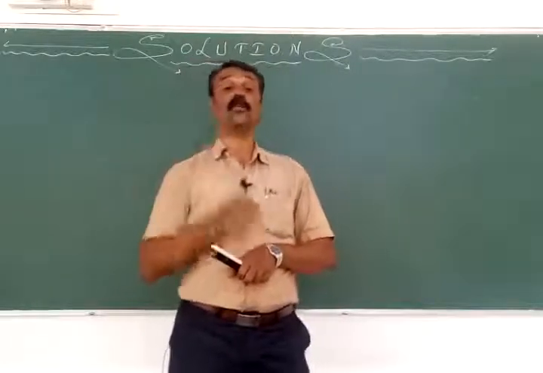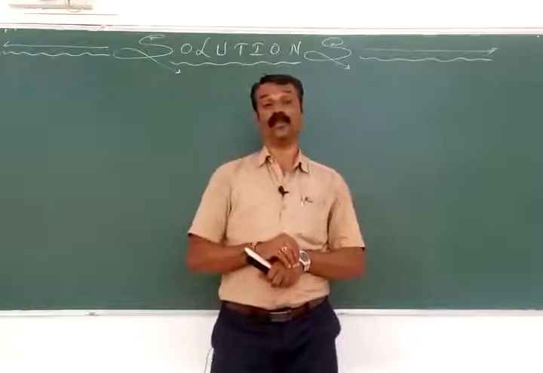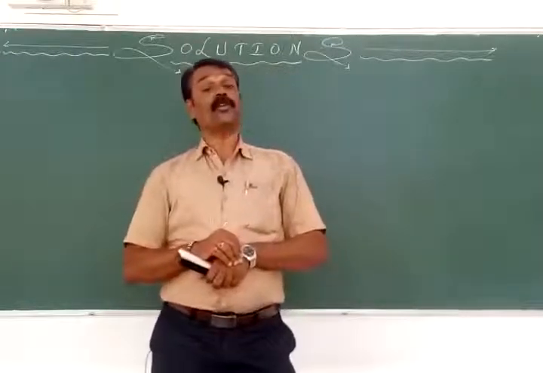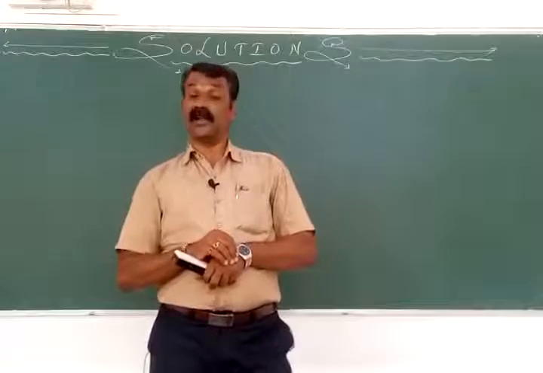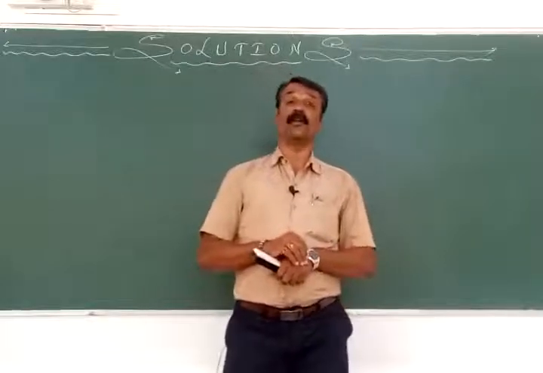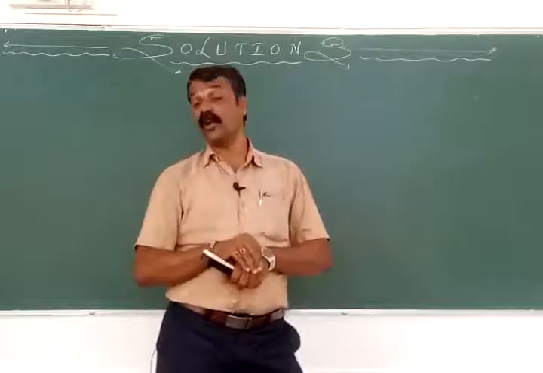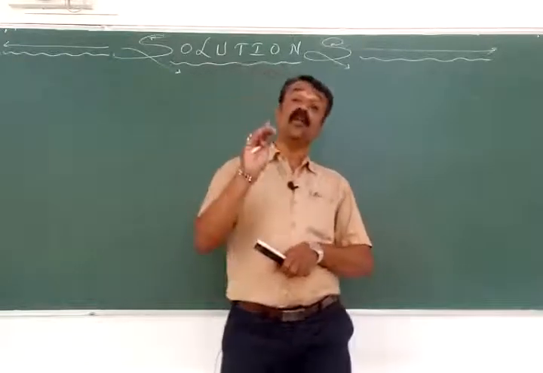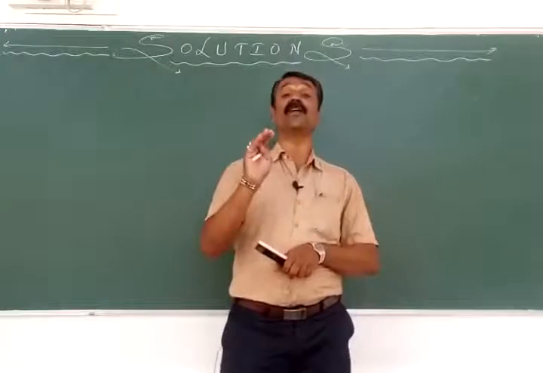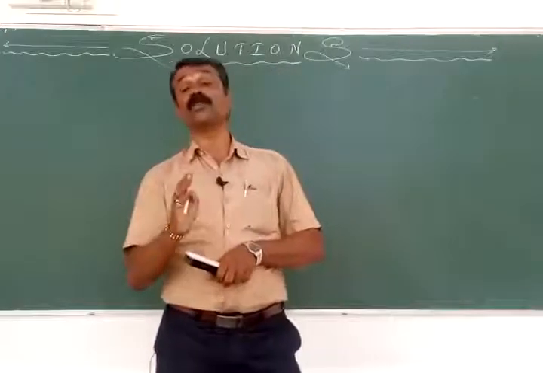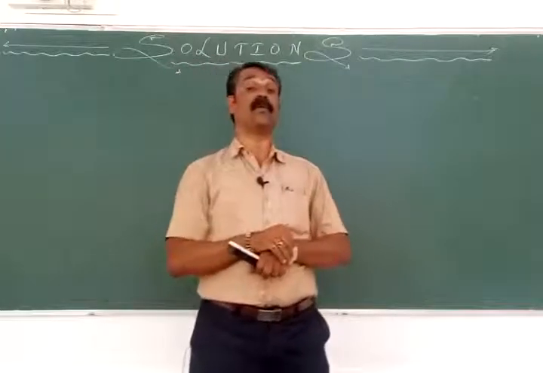That fraction is also called what fraction? Mole fraction. So here, based on the application of Raoult's law, we have proved that it is an example for what property? The colligative property, because the lowering of vapor pressure depends only upon, or is only proportional to, N2, where N2 is referring to the number of moles or the amount of the solute particles present with respect to the dilute solution only. Hence, it is regarded as an example for what property?